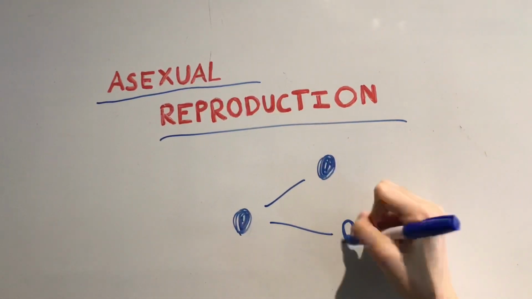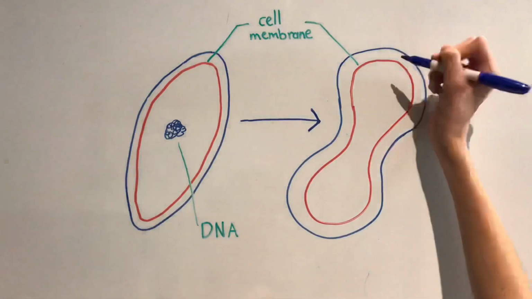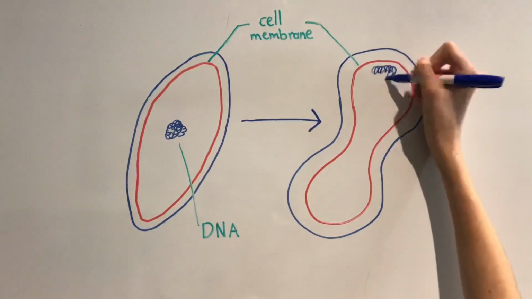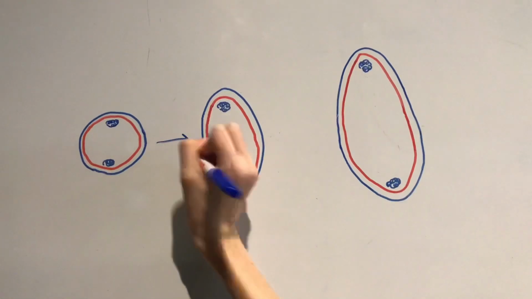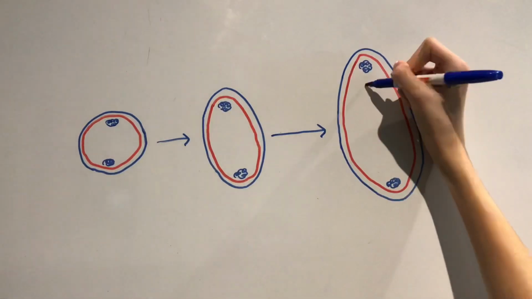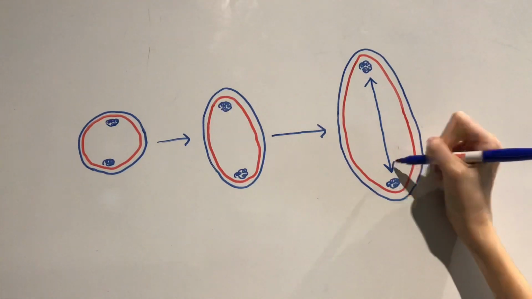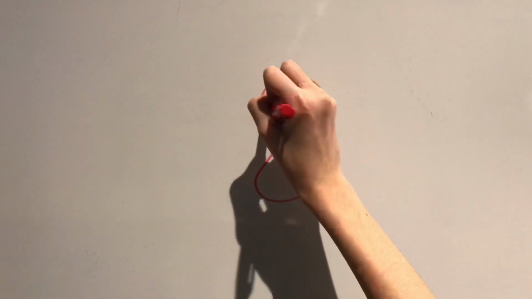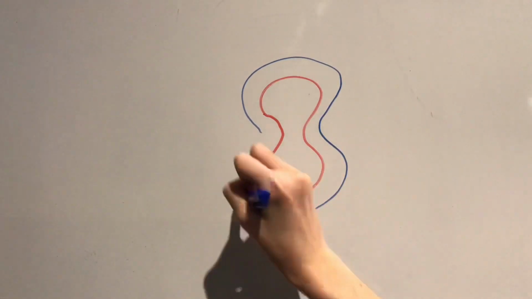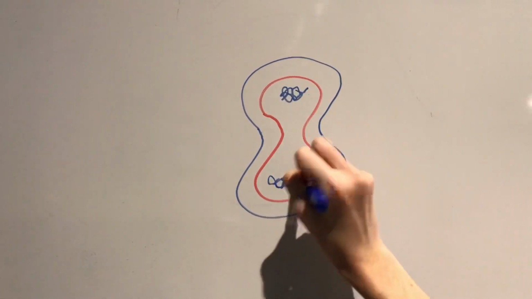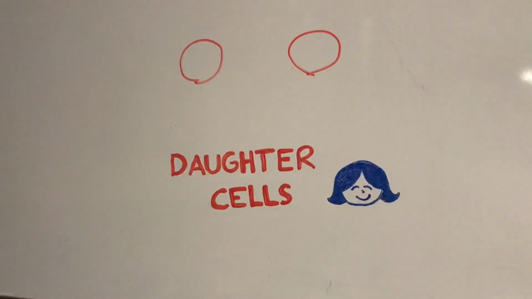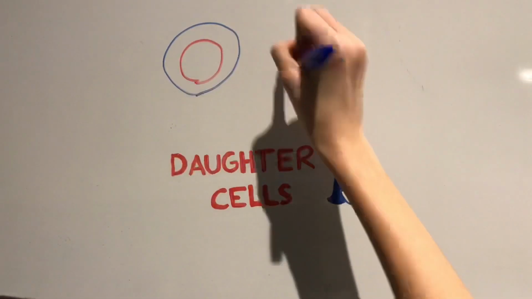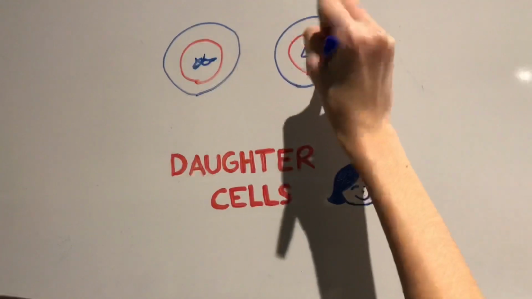two genetically identical cells. During this procedure, the DNA of the cell replicates itself, and both copies attach to opposite ends of the cell membrane. As the cell begins to grow and elongate, the distance between the two DNA molecules increases. Once the bacterium nearly doubles its original size, the cell membrane begins to pinch inward at the center. Finally, a cell wall forms which separates the two DNA molecules and divides the original cell into two identical daughter